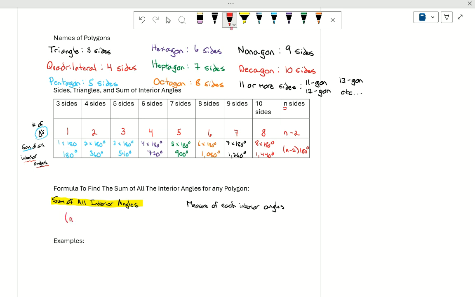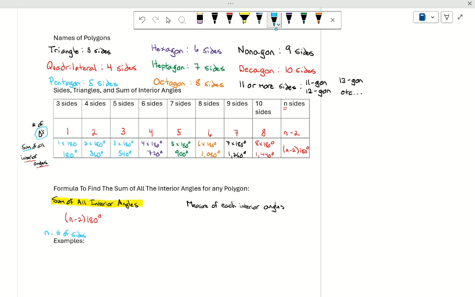It's n minus 2 in parentheses multiplied with 180 degrees. Okay, now you have to know what n stands for. What does n stand for in this formula? N stands for the number of sides of the shape. So essentially, if you want to find the sum of all the interior angles of any polygon, any shape that has 3 or more sides, you take the number of sides, n, minus 2 from that, and then multiply